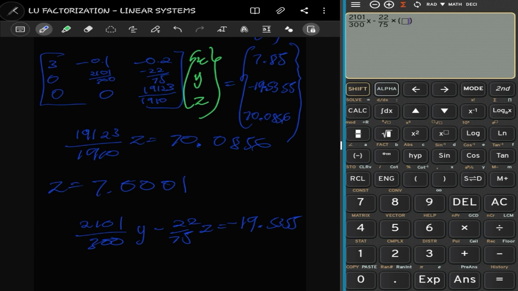Z we have already, which is 7.0001. All this being equal to minus 19.5355, right? So solving